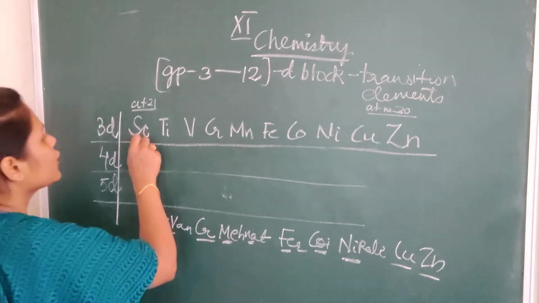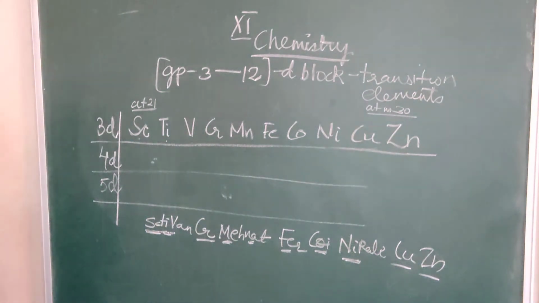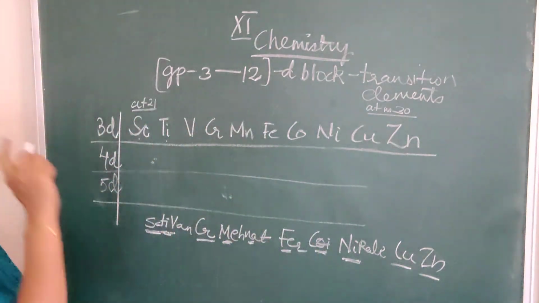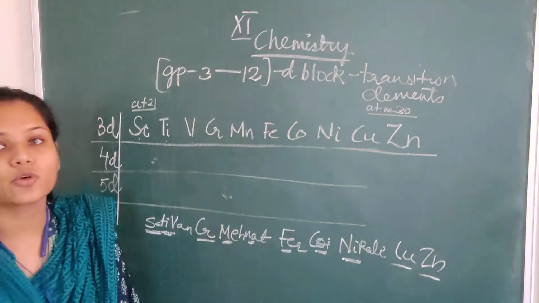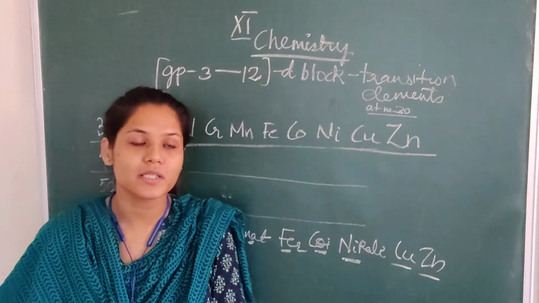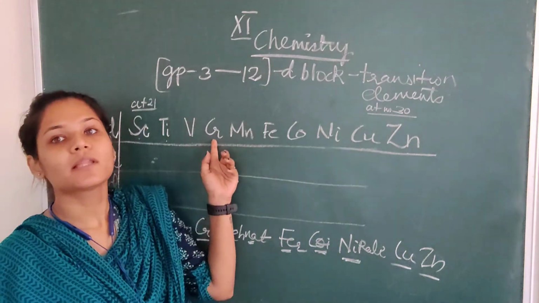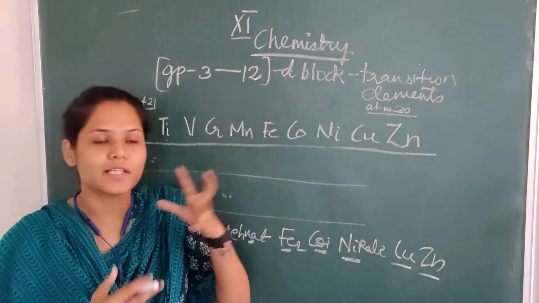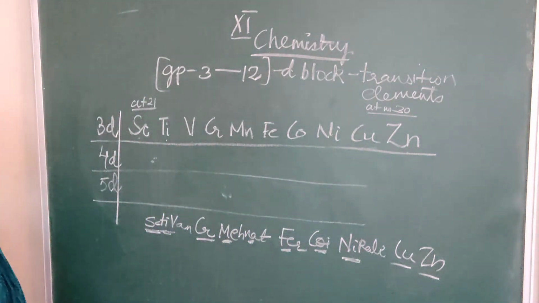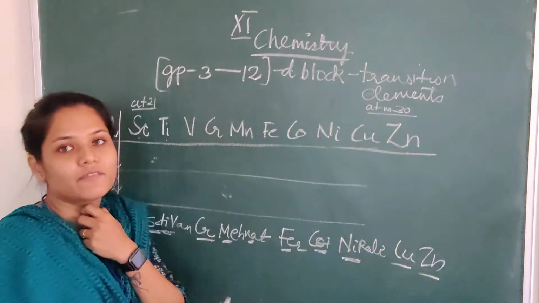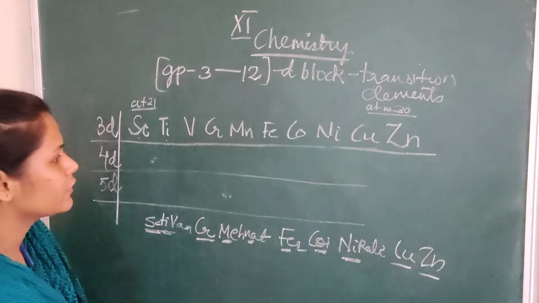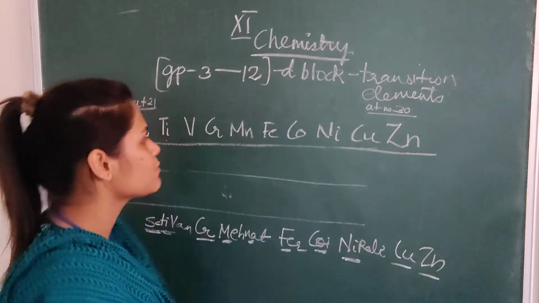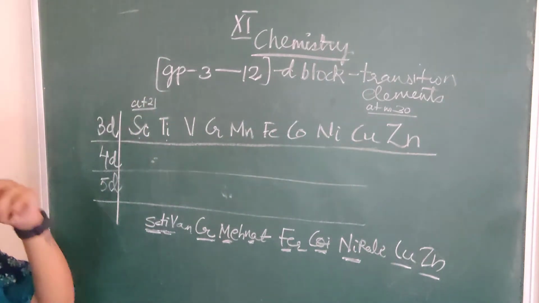Now we already know how to write the electronic configuration of them. It is very easy. You have already learned while we were doing the atomic structure chapter. Now you must remember one thing: the extra stability of half filled and fully filled orbitals. So chromium will be extra stable because of the half filled electrons, and it has a somewhat exceptional electronic configuration because we need to make it half filled, so that is why it has a different configuration. Similarly, Zn, zinc, has a fully filled orbital, so that is why zinc is more stable. Let us talk about the next series.